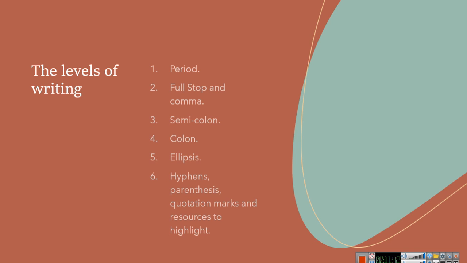Now, as today we're talking about punctuation, we're not going to bother so much about the paragraph, but we're going to focus on the comma, and that's a part of punctuation. The first thing I want to address is that writers have levels. As we learn English, we have noticed that there are levels to language users. We have A1, A2, B1, B2, and so on.